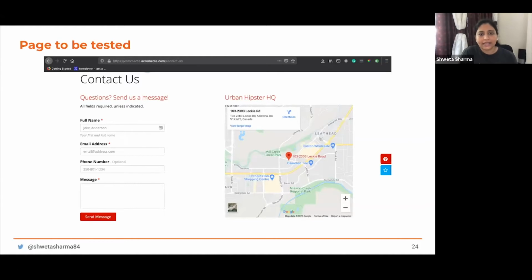So let's take an example here. What I'm going to be demonstrating is the contact us page. We mentioned that we would like to simulate user interactions and verify that the UI still looks intact. So here we're going to verify the contact us page first, even before interacting with this page. We can do that, of course. And we're going to check that after filling in the form and sending the message, the confirmation page also looks good enough.